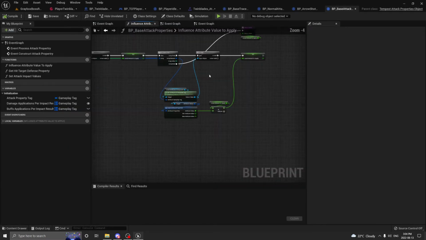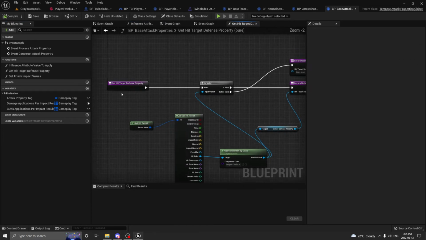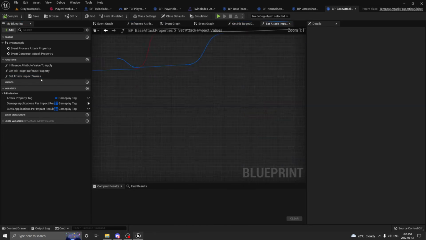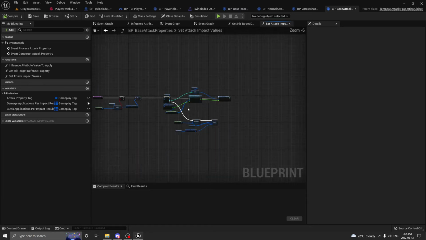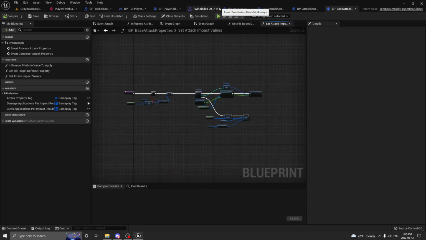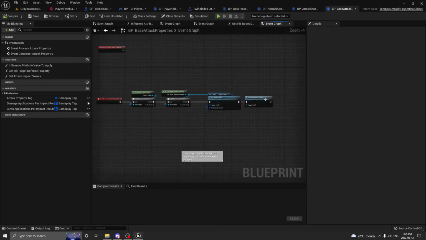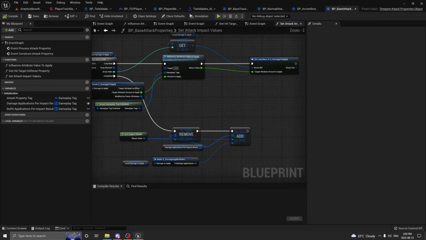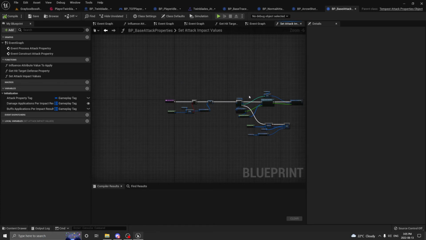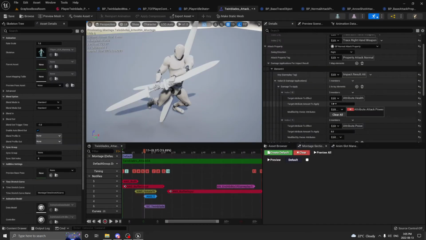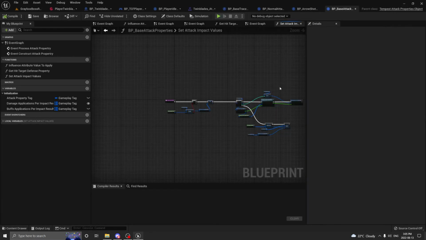This is where it's gonna be influenced. This function, for whoever needs it, you don't need to worry about this. And this one is also where we get the value from the animation, so you don't have to worry about that. So for attack property, that's the same one I just explained. Before we apply any damage, we're influencing the amount. So you put it here to 7, and you're gonna multiply 7 by 70,